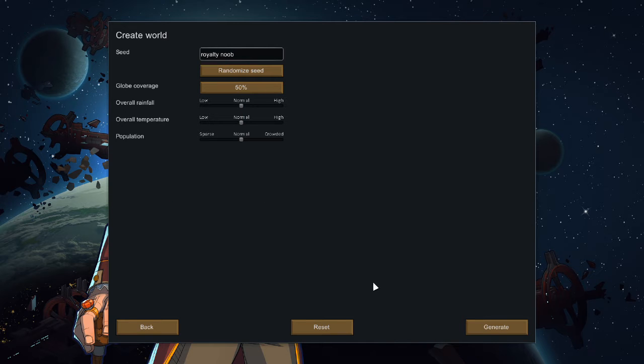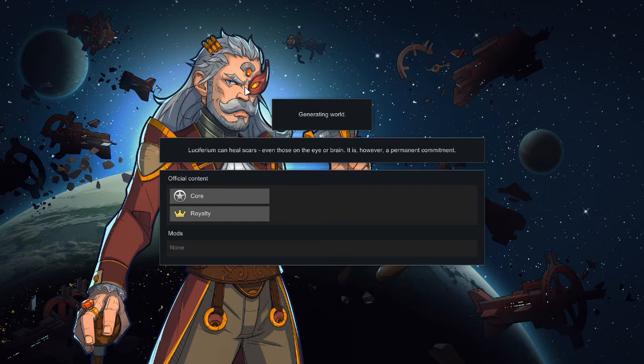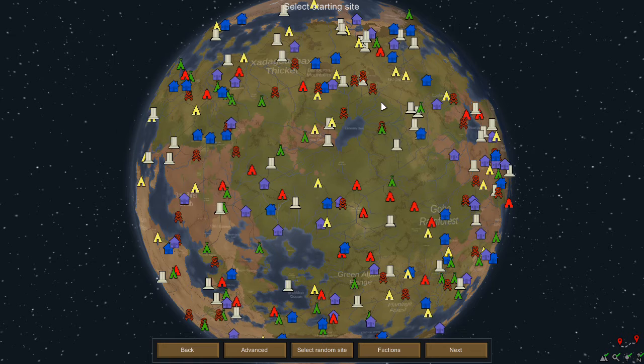I always do 50%. Generate. And here we are. Whoa, there's some new stuff here. Okay, so when you first start RimWorld without Royalty, you'll have the